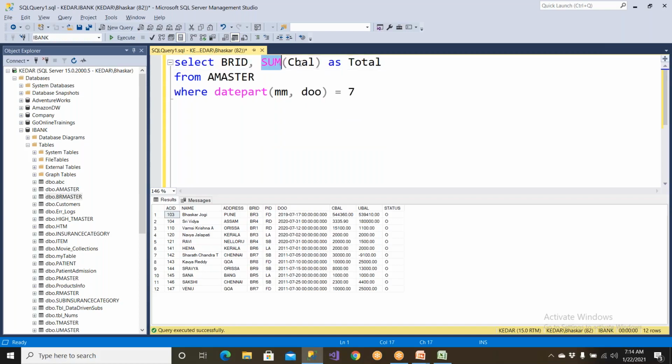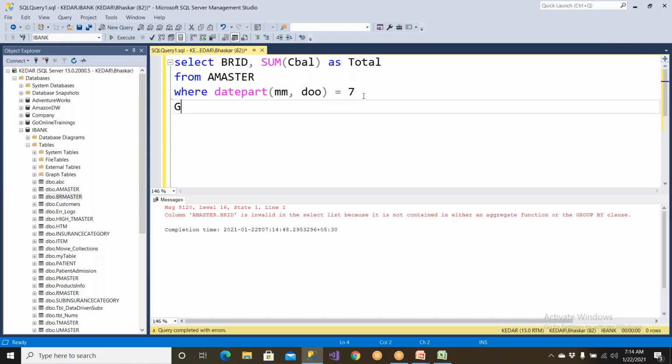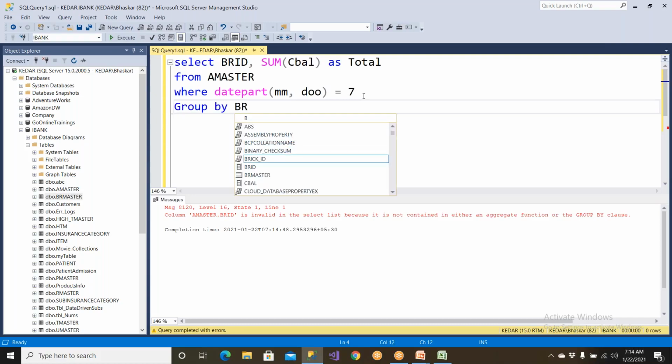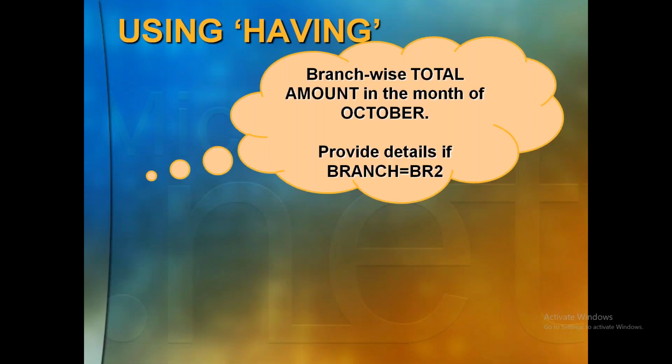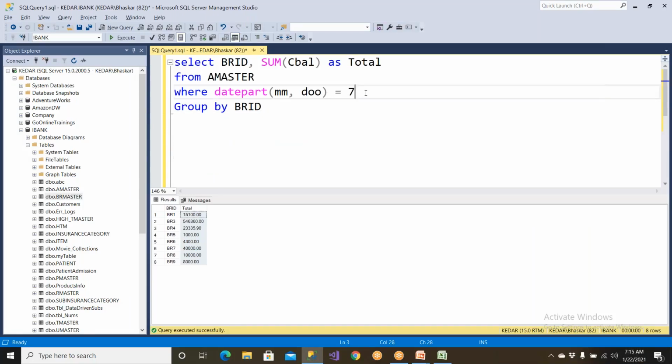Will this work? Apart from the aggregate, any column you have has to be there in the group by clause. Otherwise, it is not going to work. So group by branch ID. It is giving you branch wise total amount. This is fine. But I'm saying after this, provide details if branch equals to BR2. They need only branch BR2 data. So what I can do is write it like this, because branch is equivalent to BR2 is not an aggregated column. I will be able to get only